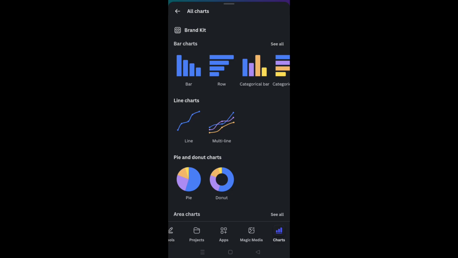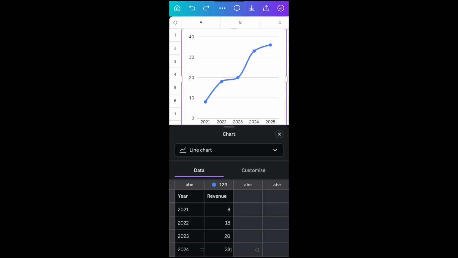There are two types of line charts. One is the single line and the other is the multi-line. So first we will see the single line chart. Just click on it. After clicking on the single line chart option, a single line chart will be displayed on your workbook. As you can see here,